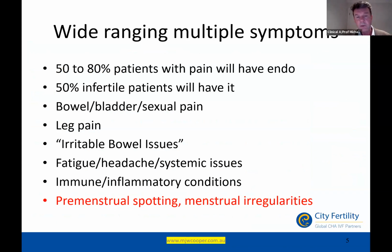Of the subgroup of people who are trying to get pregnant and having difficulties, and there's no obvious reason why, some 50% of those people are going to have endometriosis. It's very common for them to have lots of symptoms: bowel, bladder, sexual pain, leg issues, backache. Irritable bowel problems, or having a diagnosis of that, is also exceedingly common. And then we get systemic issues, so fatigue, headache, other systemic issues, and then immune inflammatory